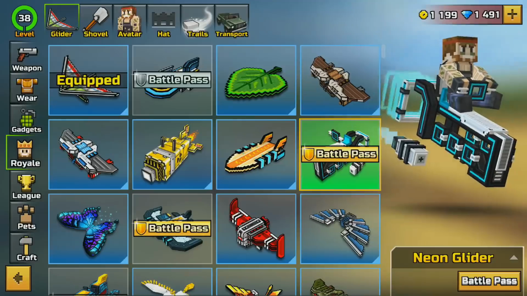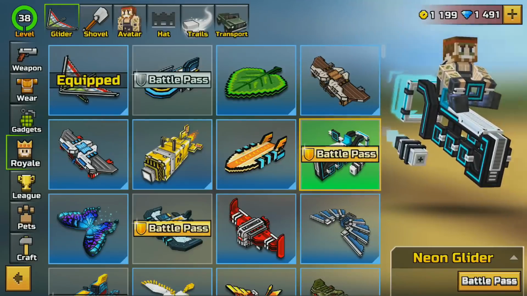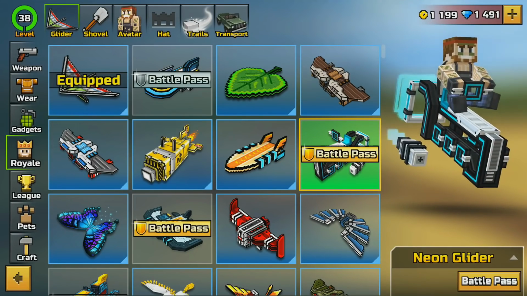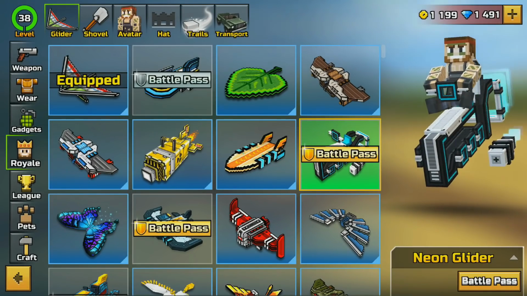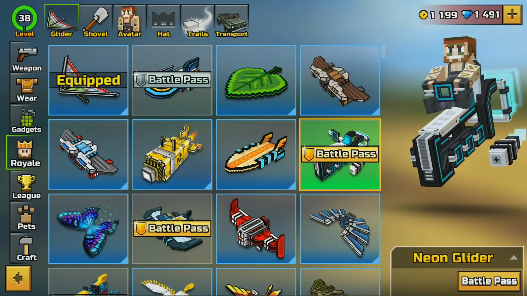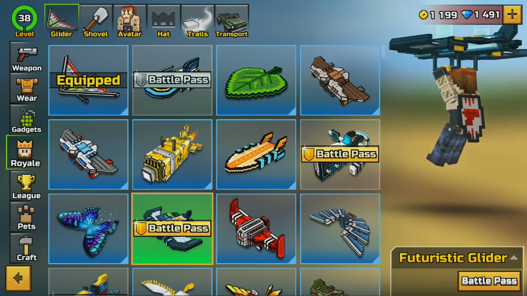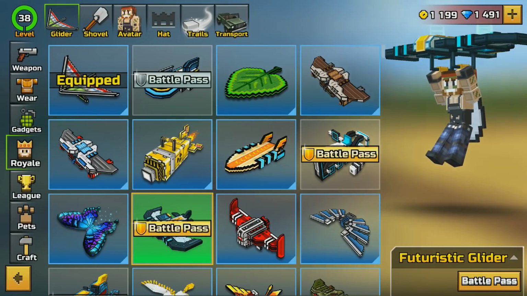Like, this thing is on par with some of the other Battle Royale games where you can customize your gliders and stuff like that. This thing is awesome, and it's a freaking pixelated game on your mobile device. So, job well done, Pixel Gun. This Neon Glider looks awesome. Then next we have the futuristic glider, a more normal looking glider, but nonetheless one that looks very, very cool,